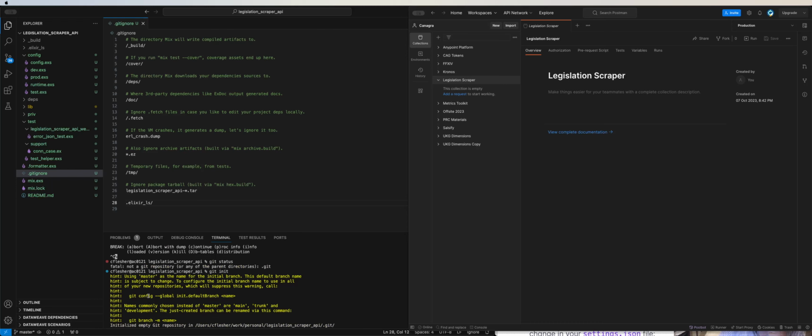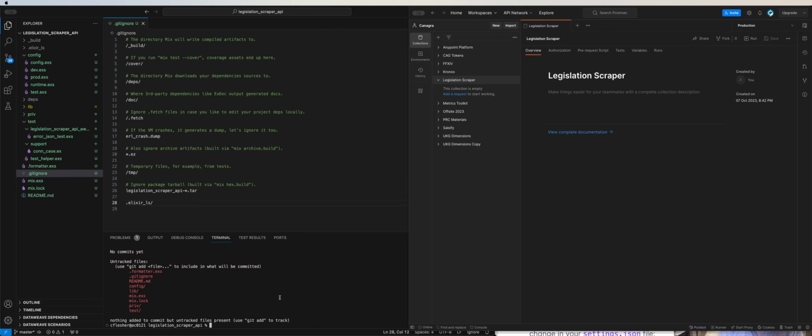Git config global default branch name. Yeah, okay, so we'll figure it out later. All right. Not super worried about it. It's a private repo anyway. It just might be a lot of data. And we'll check before we push what's in there, but it doesn't look like it's going to edit. Okay, so